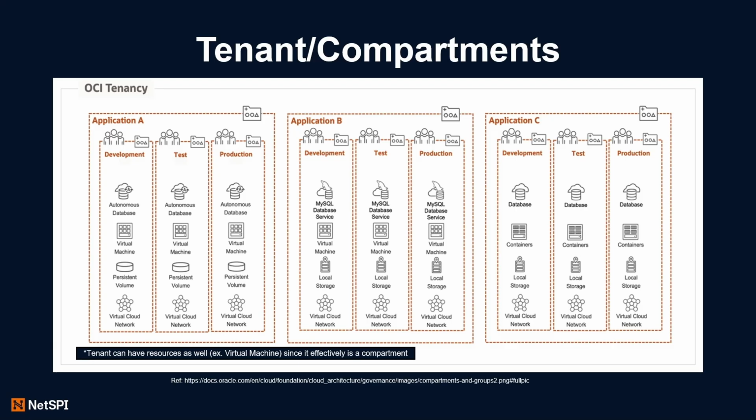Because you can have compartments inside of other compartments, you can just keep nesting them, right? So we have our OCI tenancy compartment, and then we have application A compartment, and within that we have 3 more compartments. And then we have application B and C, and so you can have virtual machines in all of those individual compartments. You could put virtual machines in the tenant compartment if you wanted, or you could put virtual machines in the application B compartment, right? So it's a lot of compartments being nested and then creating resources in those different compartments.